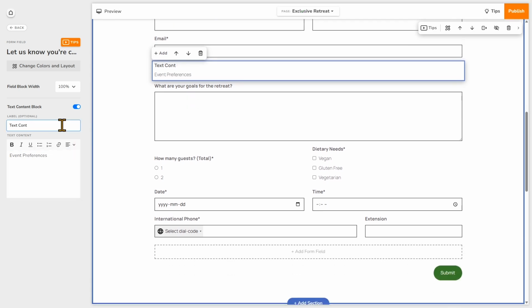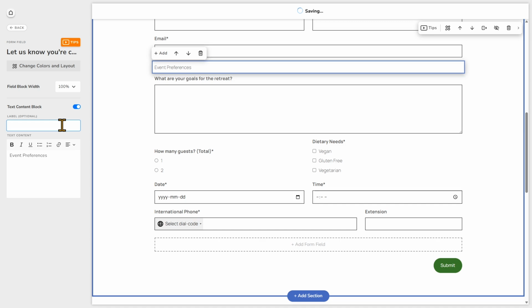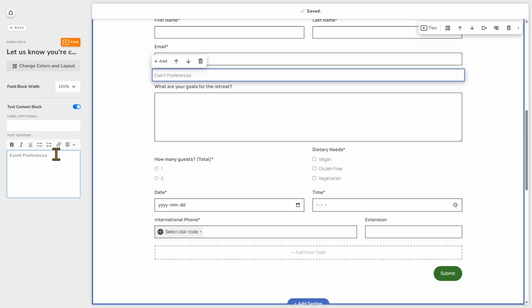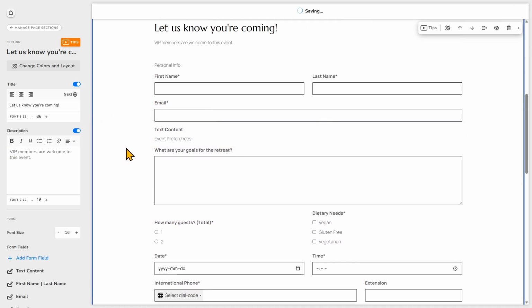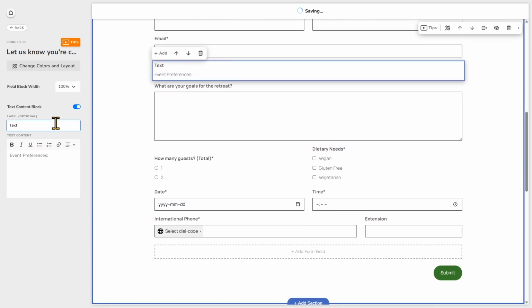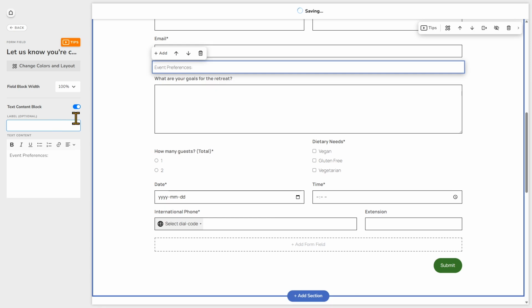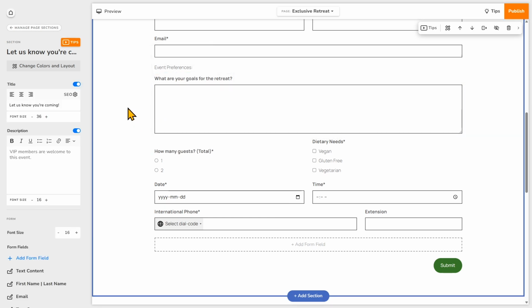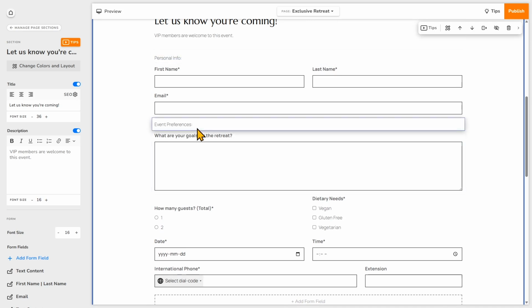And I want to remove this label because I only want one line. Oops, I'll add a colon here as well. So far that's what I've added.